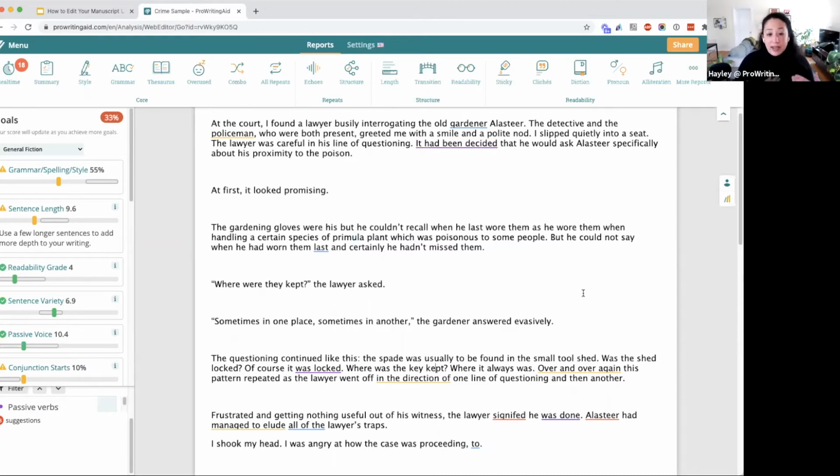For me, again, when I'm working on my own fiction, I love to use the repeats and echoes checks because when I get that word or phrase stuck in my head, I don't even notice when I'm reading back. So then ProWritingAid comes and taps me on the shoulder and says, hey, Hayley, you've actually said this over and over and over again, which again, if I were just reading it back by myself, I would not know. So it's important